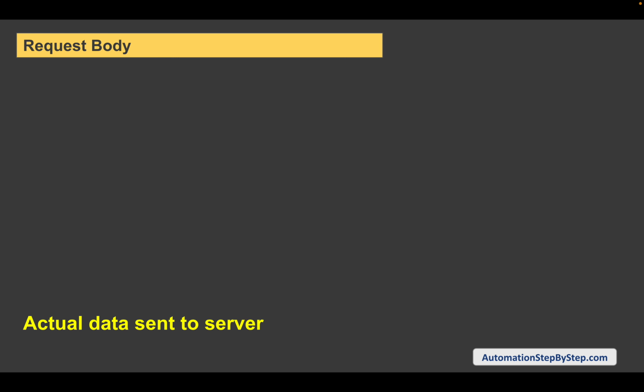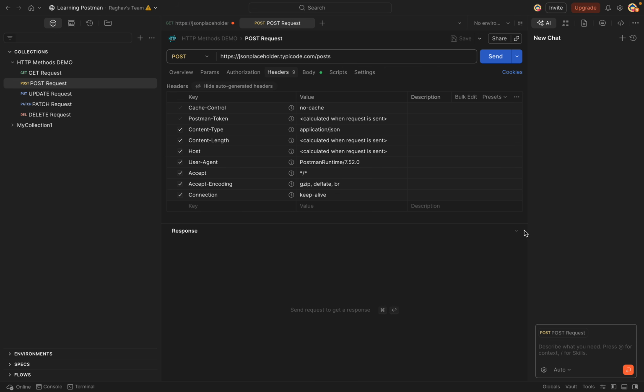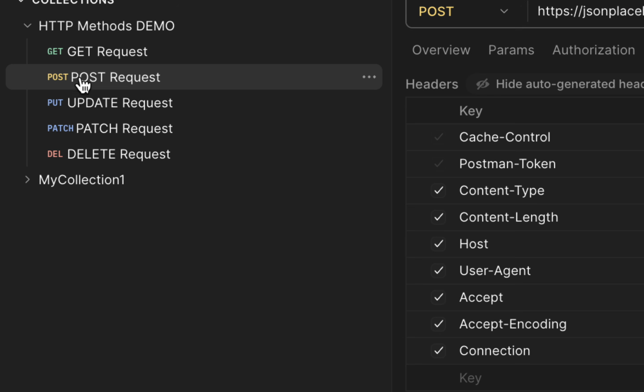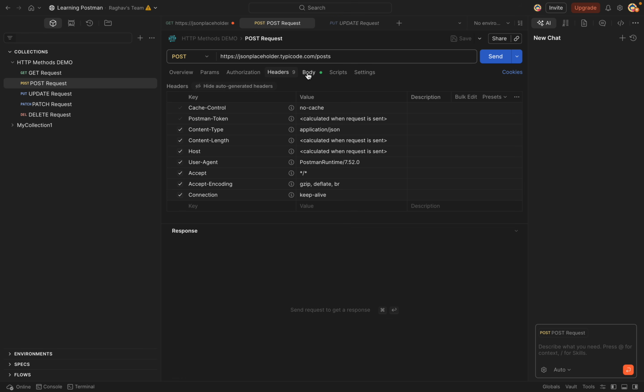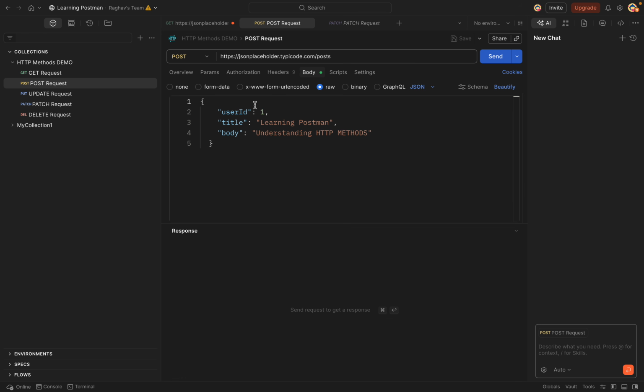Now we have the request body. This is the actual data that we send to the server, the actual data of our request that the server checks, processes, and then sends us the response. And we generally send the body in POST, PUT, and PATCH requests. We have seen this in the last session also. In case of POST, PUT, and PATCH, we have sent the body here,